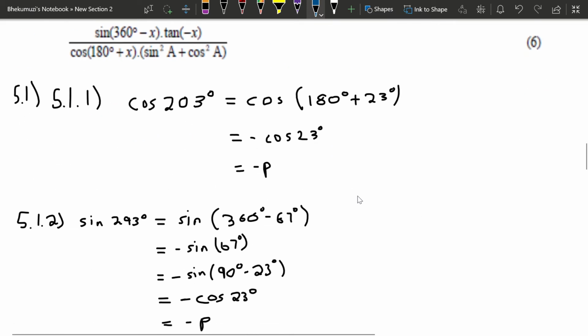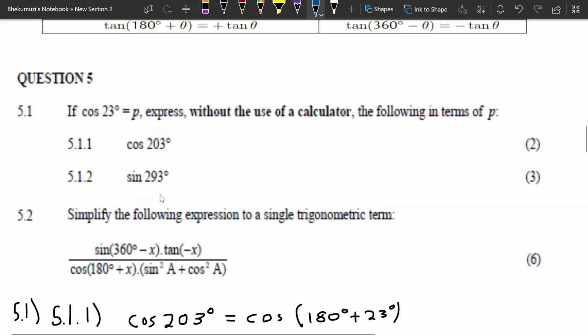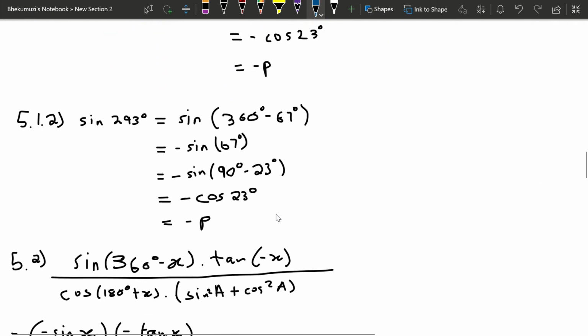But you also find the same thing with sine 293 degrees. Then we'd use the fourth quadrant. 293 is in the fourth quadrant, so it's minus 67, and that would give us minus sine 67. But minus 67 is not what we need. We need 23 degrees. So we also see that when we say 90 degrees minus 23 degrees, then it would give us